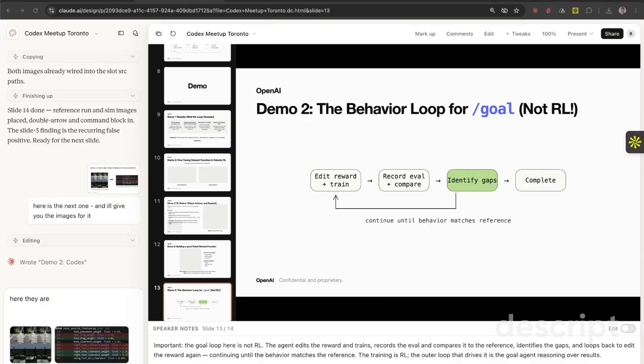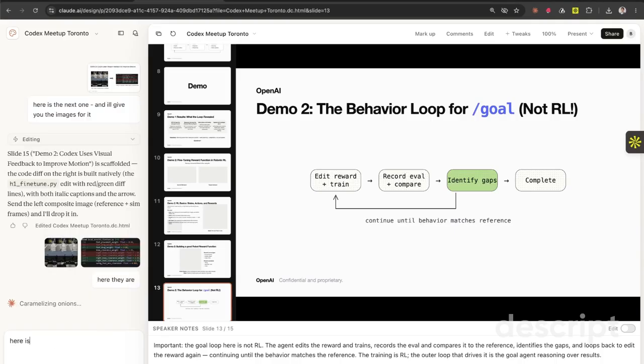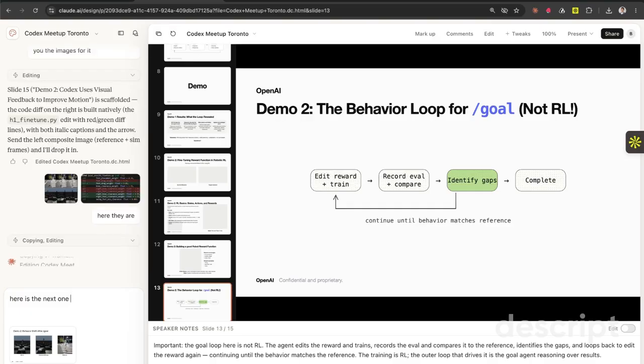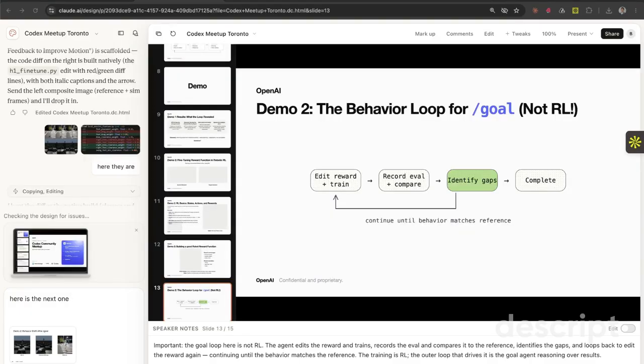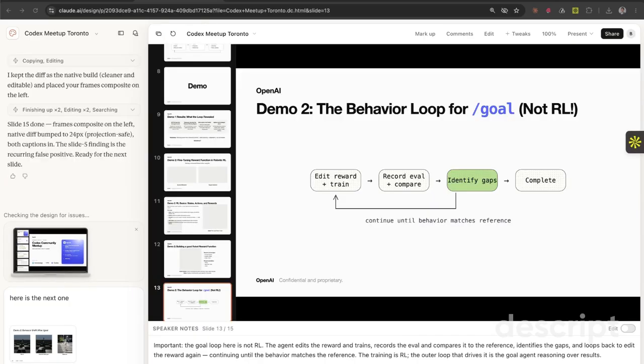Here we keep the momentum going, feeding Claude the next pair of images as it starts writing the visual feedback slide. Here we're on the behavior loop slide, while Claude finishes wiring up slide 15's before and after frames. Claude confirms slide 15 is finished, bumps the text to a projection-safe size, and starts checking the whole deck for